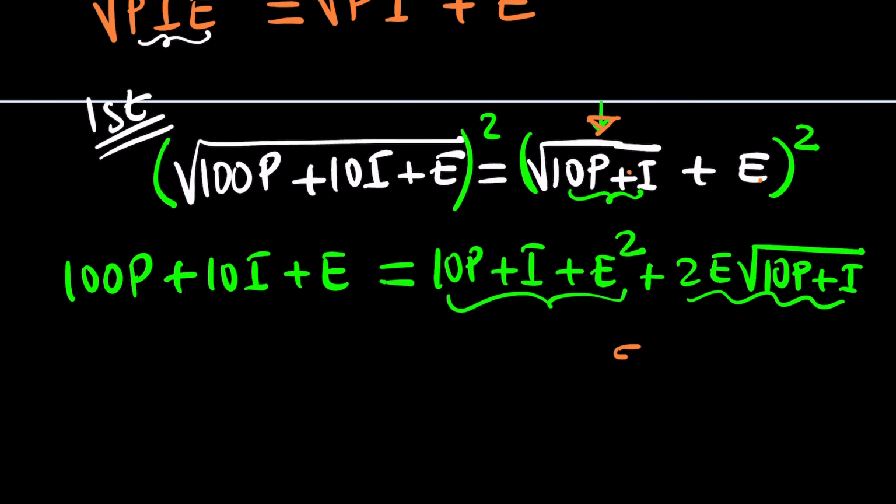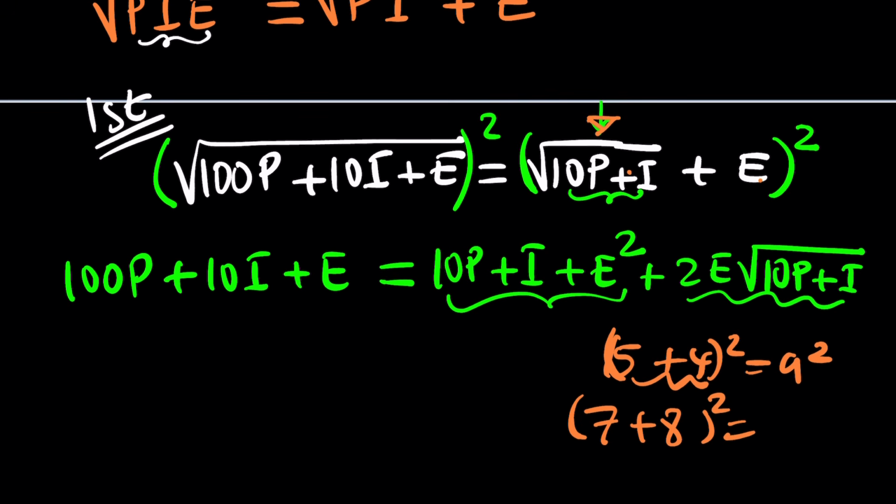For example, if you add 5 and 4 and square it, you're going to get a 2-digit number because this will be 9 squared. But if the sum is greater than or equal to 10, so let's say 7 and 8, then its square is going to be a 3-digit number. And that's what we're looking for exactly. Does that make sense? So that kind of gives us some restrictions about the values of P, I, and E,